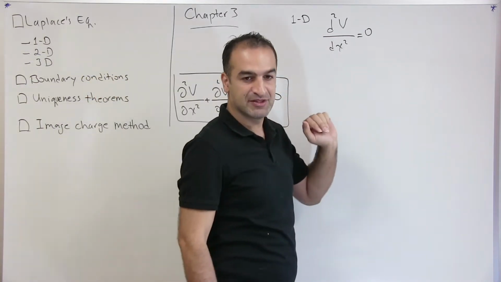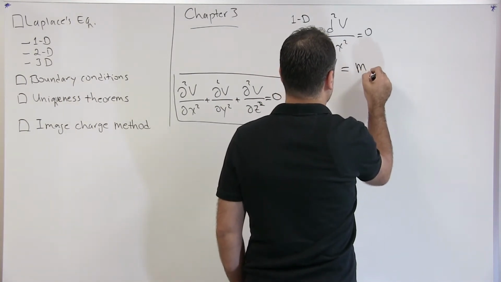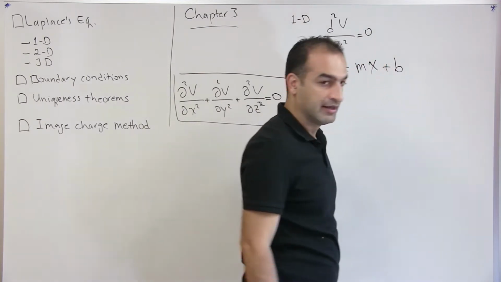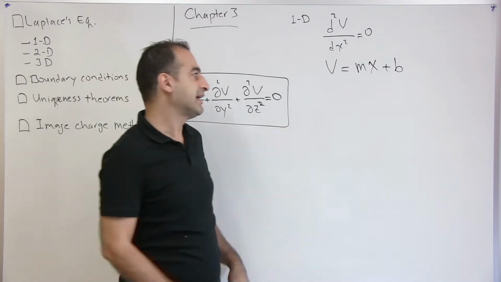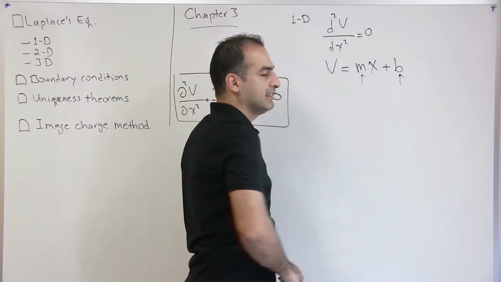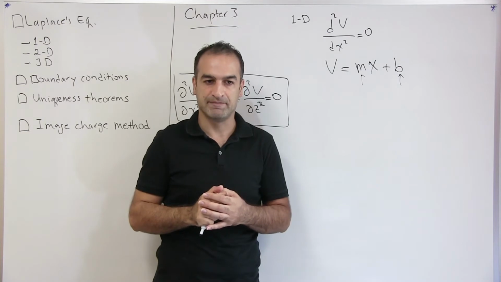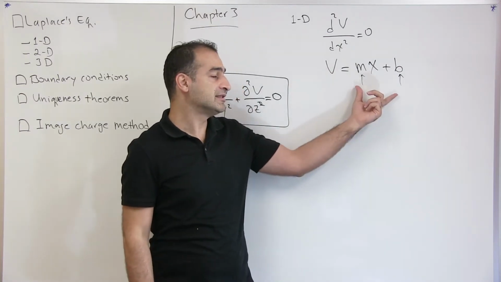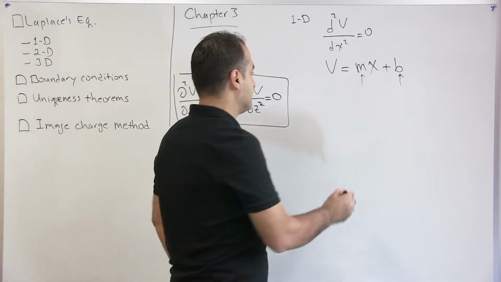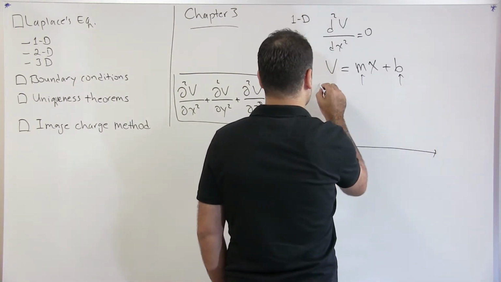What is the general solution for this equation? V is m times x plus b, okay? So this is the general solution. We have two fitting variables, m and b, and these two variables will be calculated based on the boundary conditions, okay? Now if you look at this, this is the equation of a line, a simple line, and if I want to plot it, we can say, if this is V,